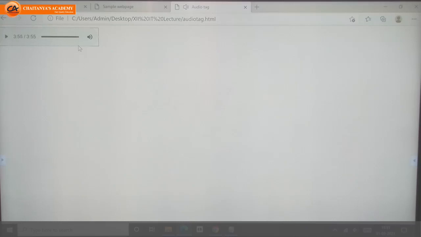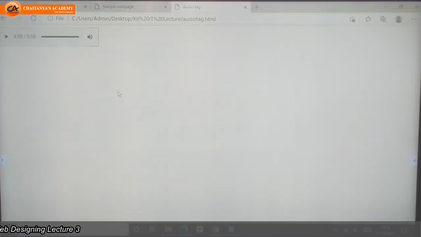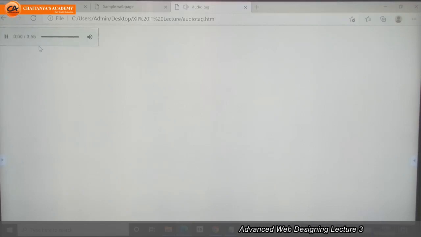So once it stops, it will not play automatically. Is it playing? No, right? So if I want to play it automatically again and again, at that time I need to use the loop attribute. See, here it started.